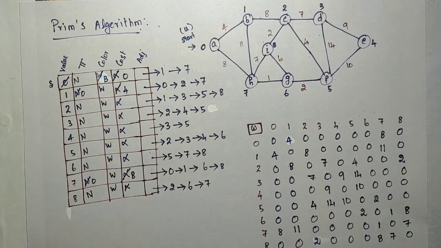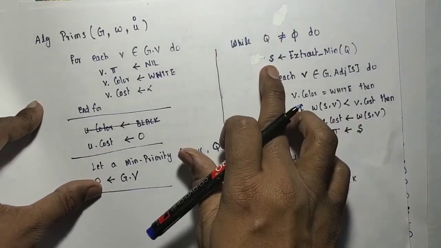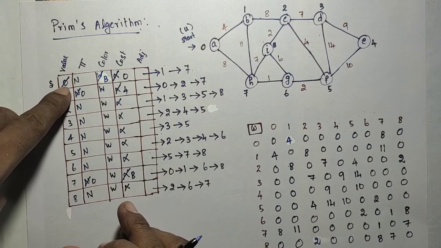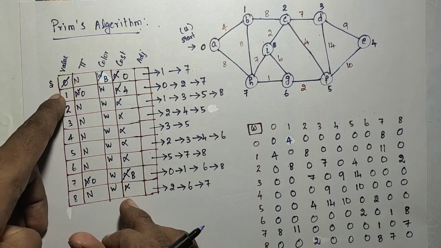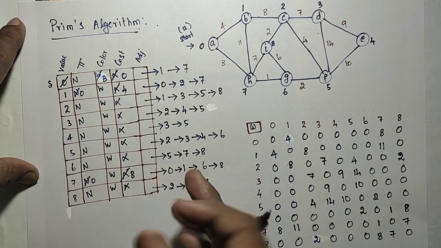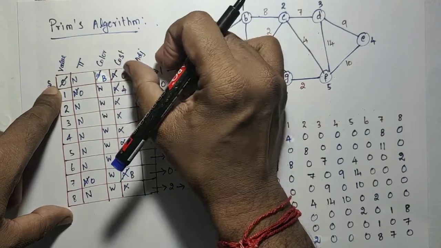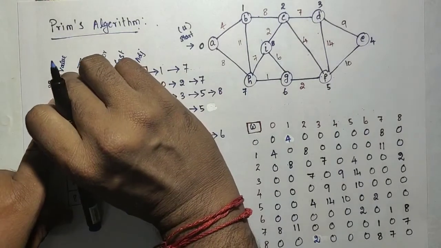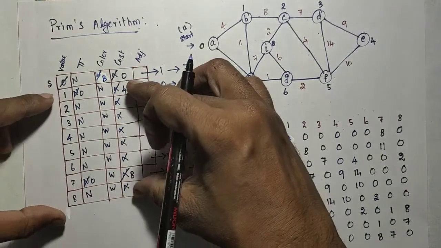So now we can go to the next iteration. Next iteration, the next minimum will be extracted, marked as s. So when you are extracting next, you should not include 0, it is already extracted. So for indicating that, I just strike it out, it is not there in the min priority queue. So while choosing the next minimum element, we need to choose only from this. You should not choose 0 again. 0 is extracted, deleted from the min priority queue. So from the existing, what is the minimum?